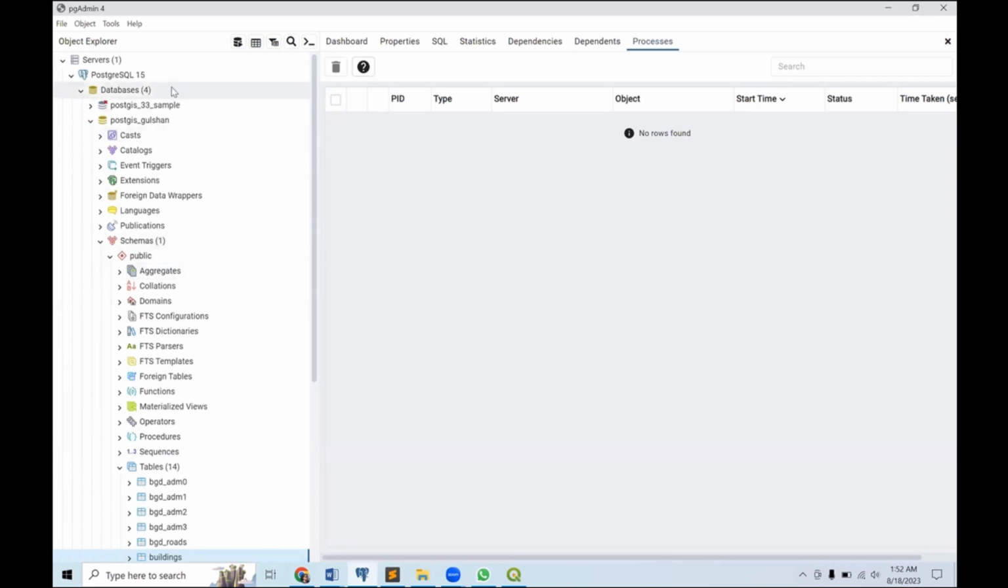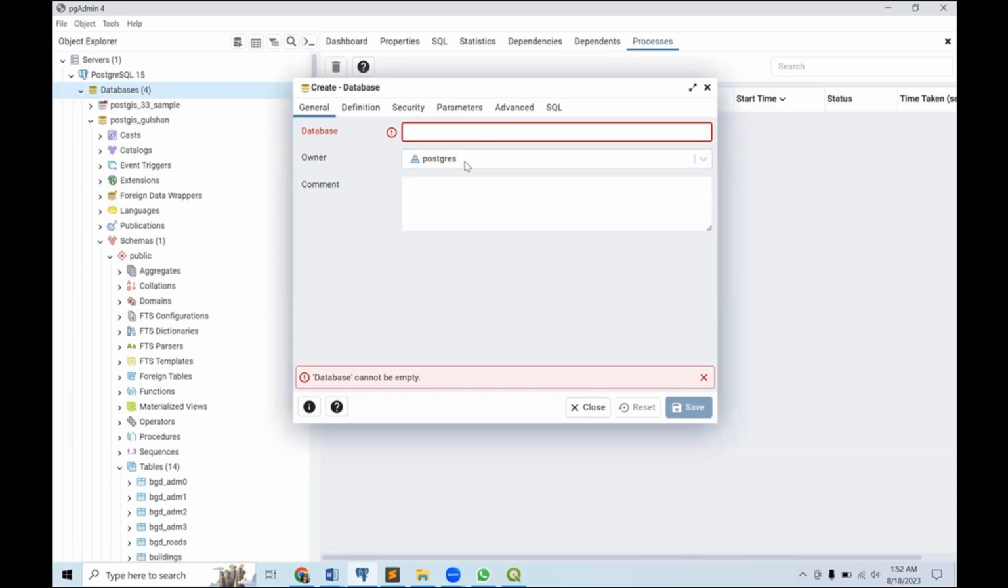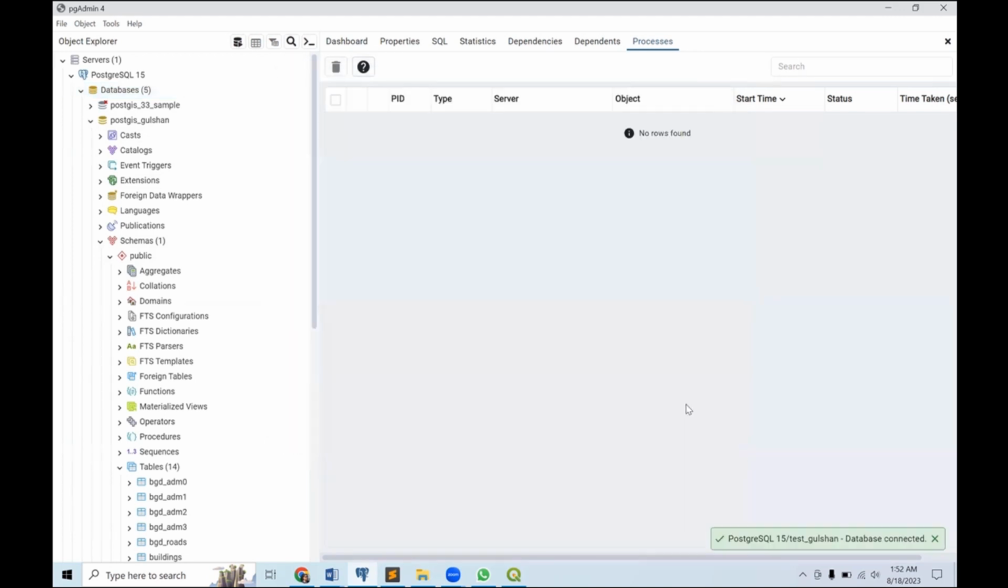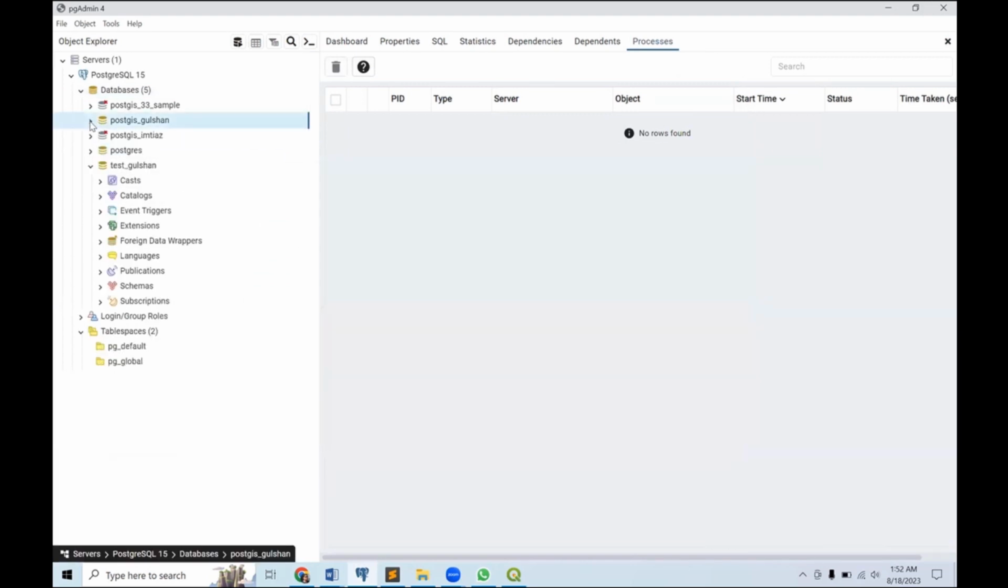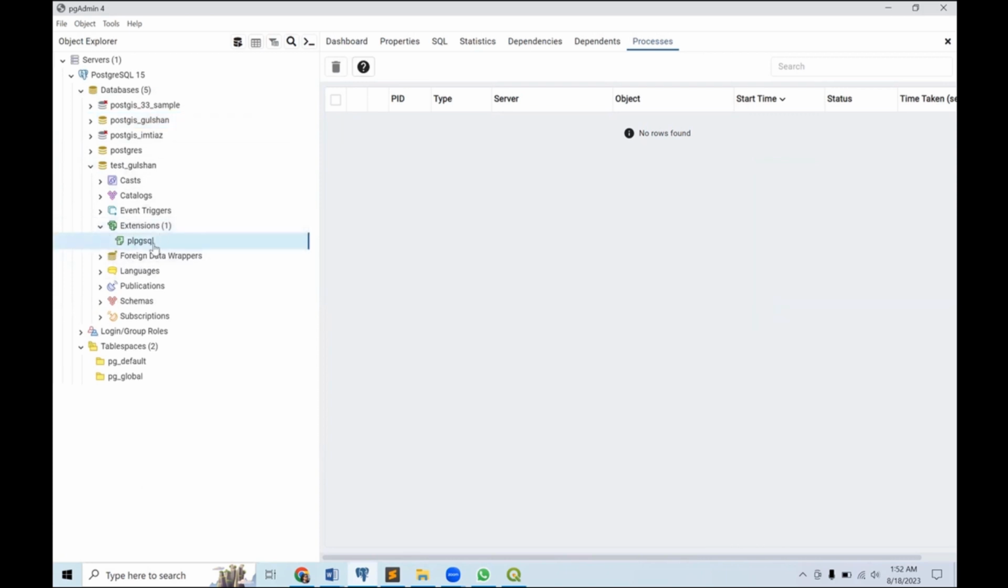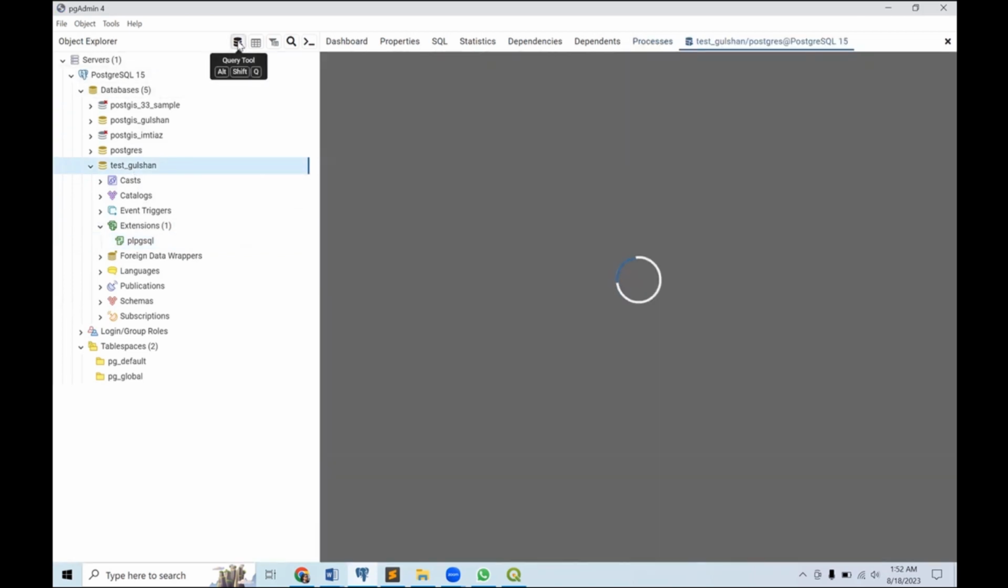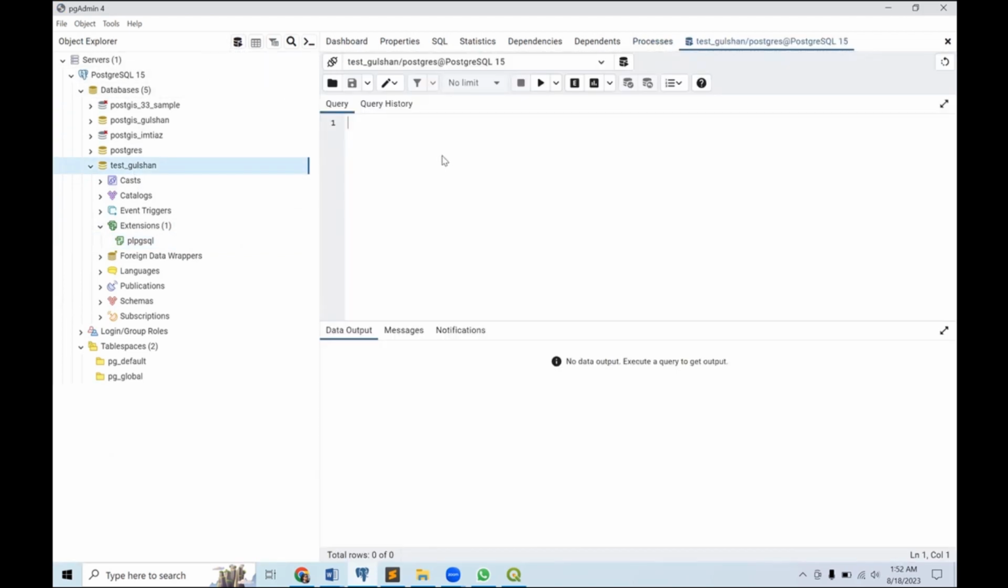This is our extension. We can simply create any database, for example, test Gulshan. This is our database. Okay, our database is ready. One thing we should notice is that there is no extension regarding PostGIS yet, but we need the PostGIS extension to use the PostGIS bundle. For this, we simply have to open the query tool, and through this query,